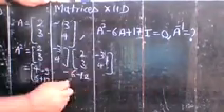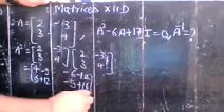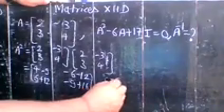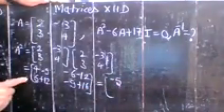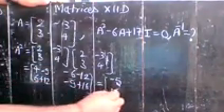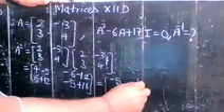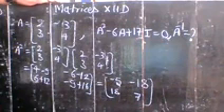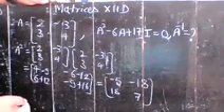So 3 times 2 is 6 plus 12, and here you have minus 9 plus 16, and simplifying it, you have here minus 5, and here 6 times 3 is 18, and here you have minus 18, and 7. So in this way, you have the value of A square. Okay. So A square is given like that: [-5, 18; -18, 7].